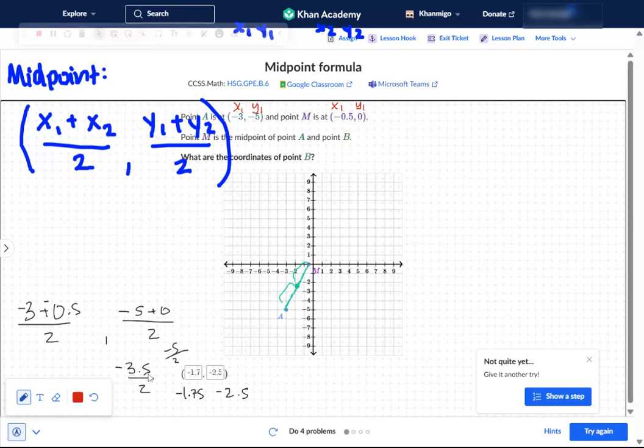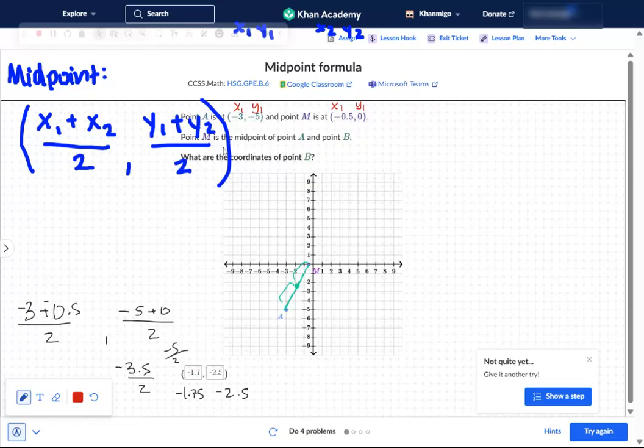-3.5, let's double check. 3.5 divided by 2. Yep, it would be -1.75. Let's see. And y1, let me make sure we're answering the question too. Point A is here, M is here. Point M,